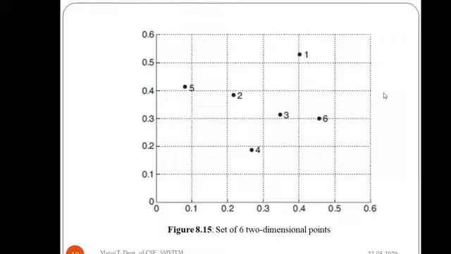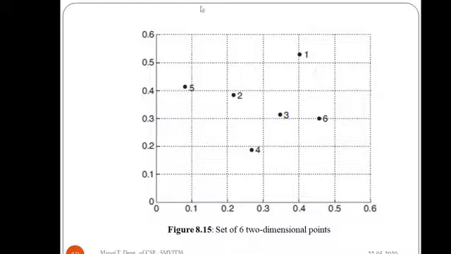Good day students. In this video lecture we will see the specific techniques for agglomerative hierarchical clustering with the help of a sample data to illustrate the behavior of various hierarchical clustering algorithms. A sample data that consists of 6 two-dimensional points is used, which is as shown in the figure 8.15. X and y coordinates of the points and the Euclidean distance between them are also provided to us in the table 8.3 and 8.4 respectively.